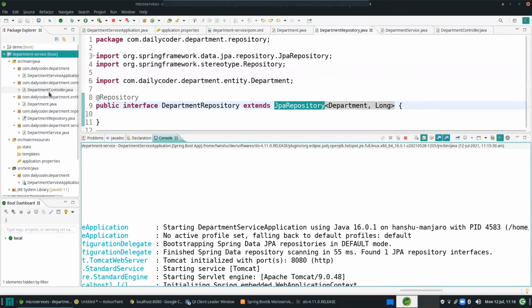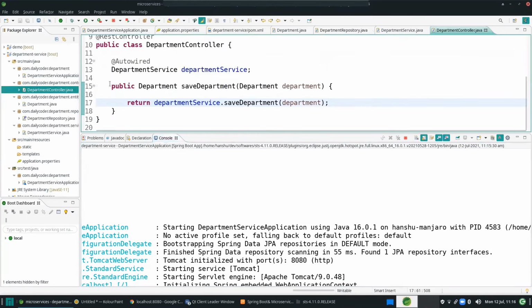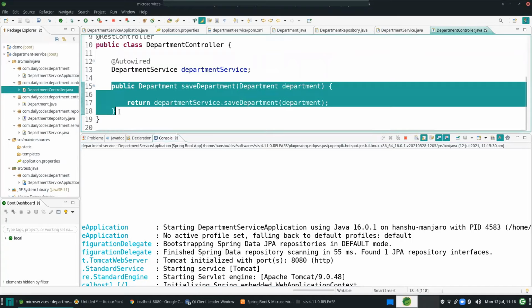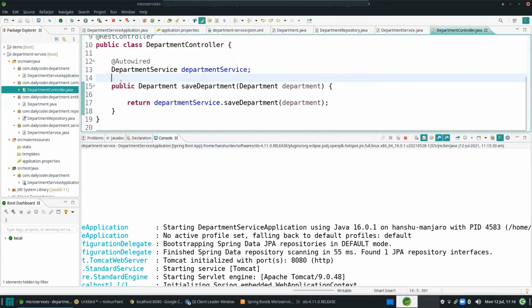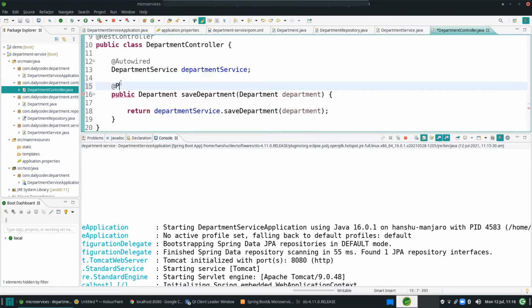I created this method, but to which URL do I have to send? Which URL am I mapping? So for that, I need to use @PostMapping. That means I'm sending the POST method. So which URL do I have to give? "/departments". You can give any name, but I'm using departments.